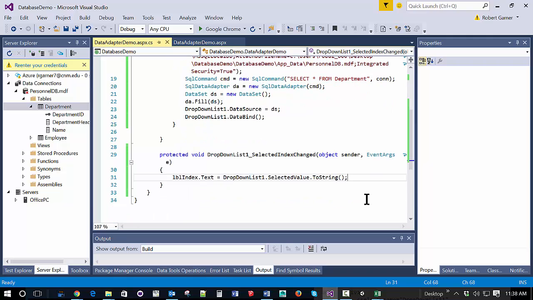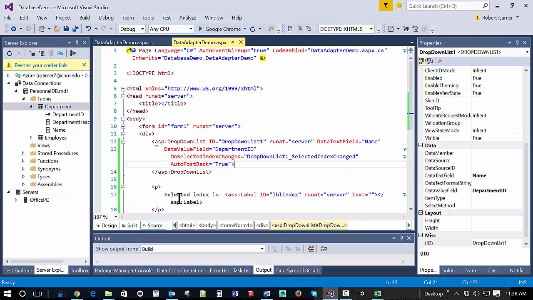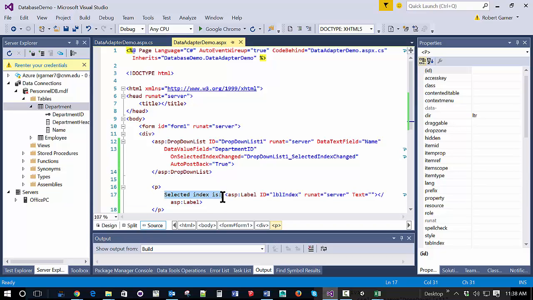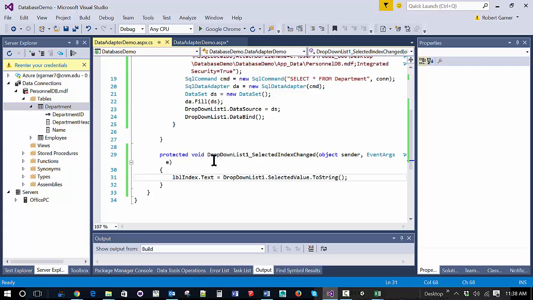So having access to that selected value, we can do a number of things with this. So perhaps we will change this up a bit. And I want to construct this programmatically a little bit more. I'm going to say the text is equal to